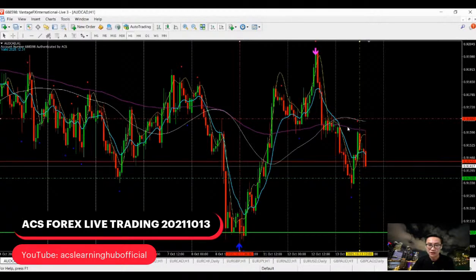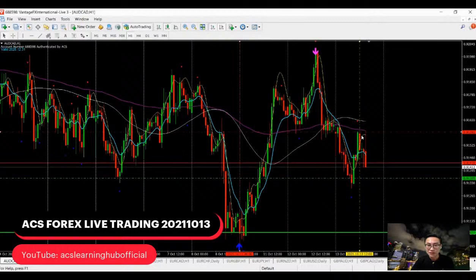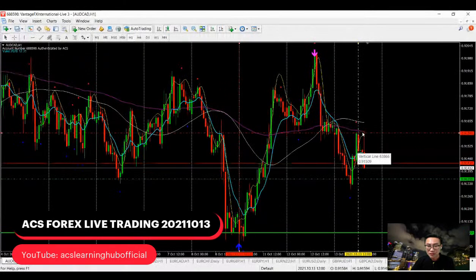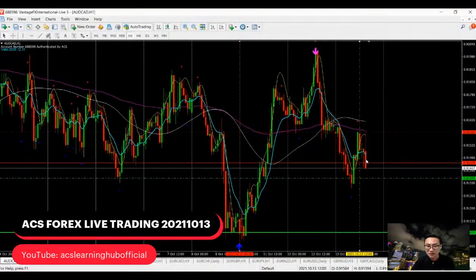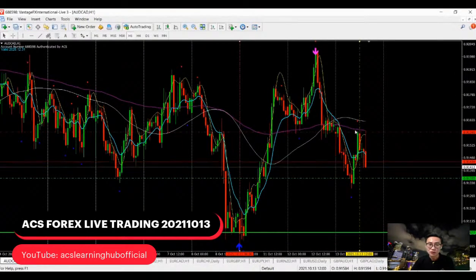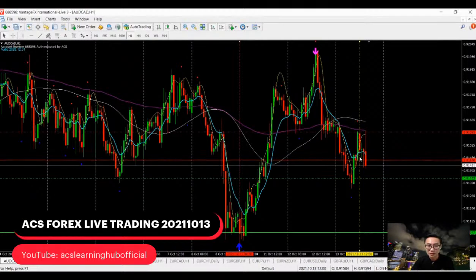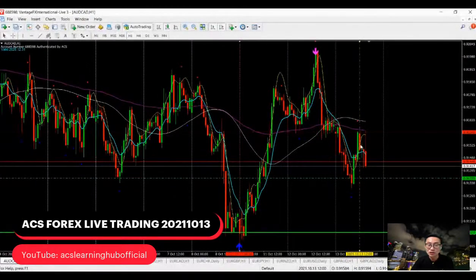Okay, from the previous one where I'm talking about. So now let's take a look over here. There's a new resistance actually forming up over here, and this resistance is coming to try to break the resistance over here. The previous resistance was not being tested, came down and went up to test again. Now the new formation, the new forming of the resistance is here.